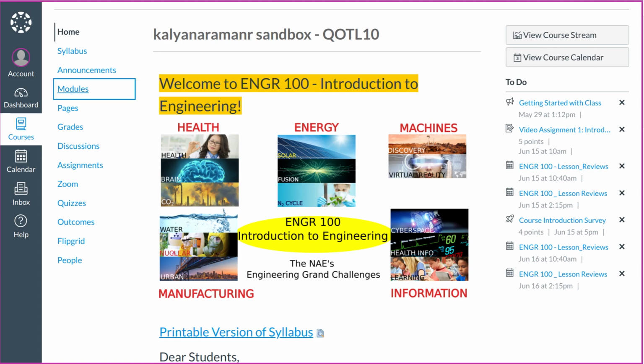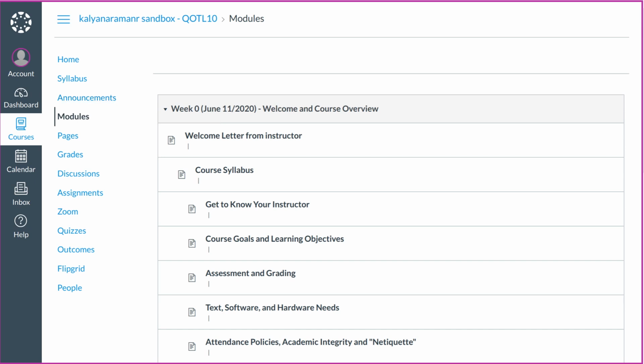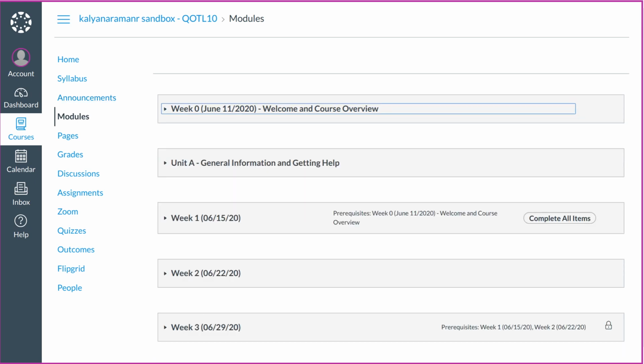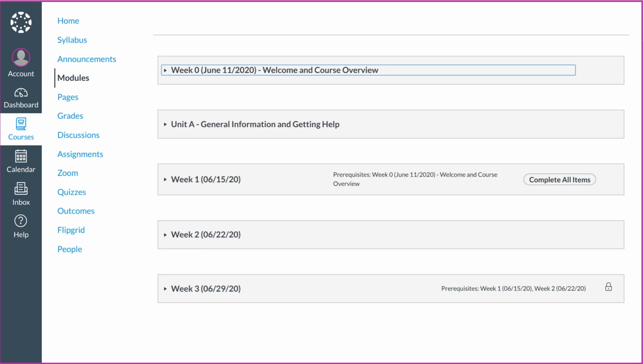So the module is going to be the main way in which I will get across to you all the information in this class. It is laid out in a sequential manner, beginning with the content for week 0, and followed by week 1, which is the first day we will meet in class, which is June 15th, week 2, week 3, and so on. Right. We'll have a few more modules here to reflect all 6 weeks of class.